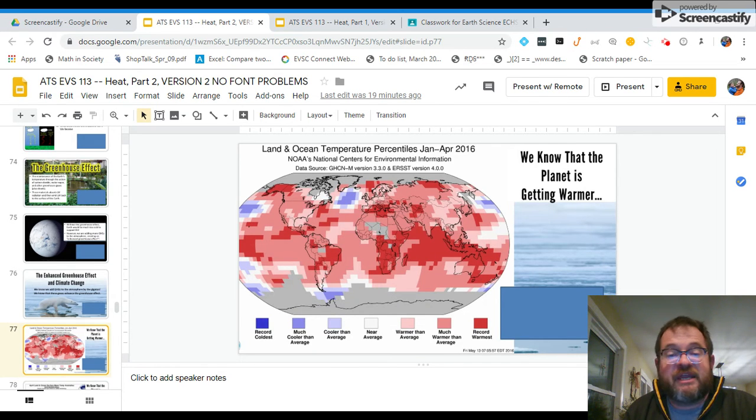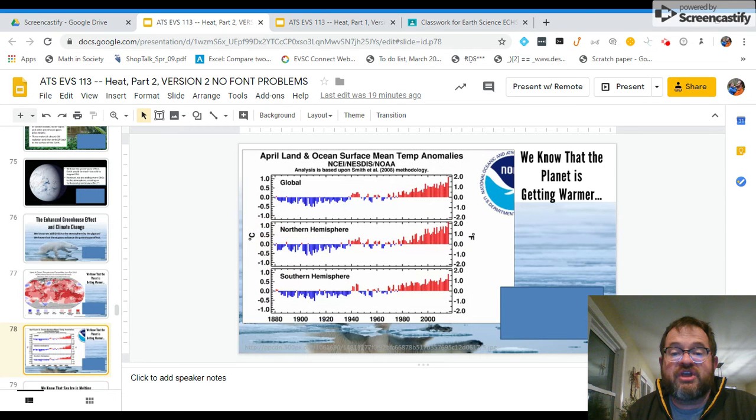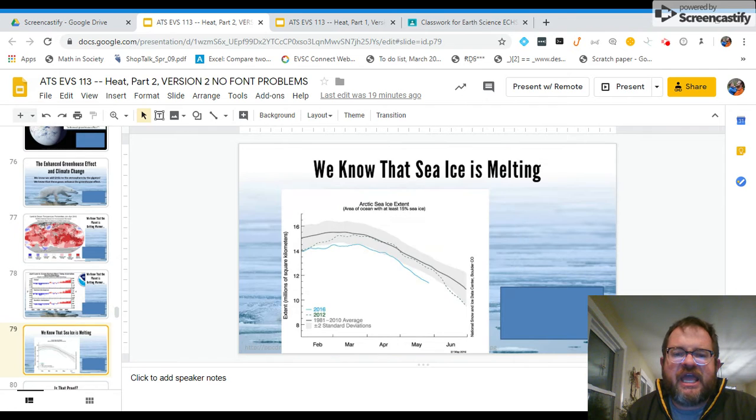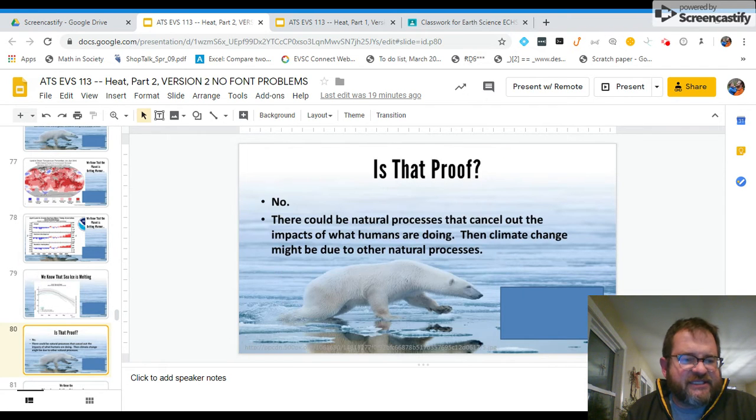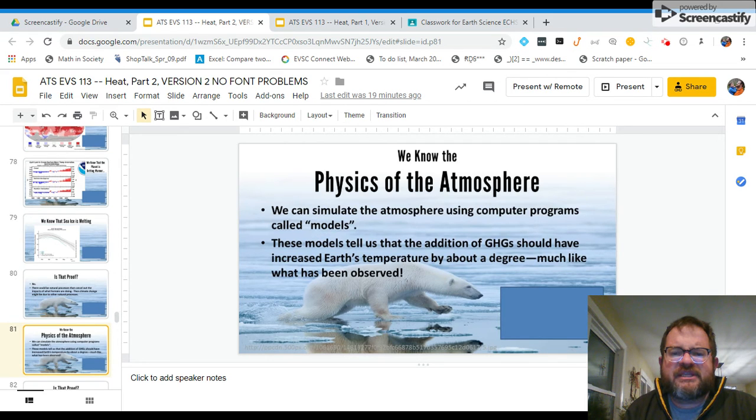We know this is true. We have observations that show things like how the Earth is warmer than usual and how this trend has been going on really since the beginning of the industrial age. We know from measurements things like the sea ice is melting. And while strictly speaking, from the point of view of hypothesis testing, this is not proof, I mean, there could be natural processes that are canceling out what humans do,